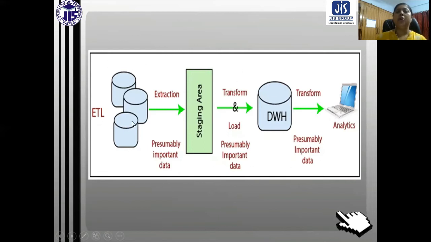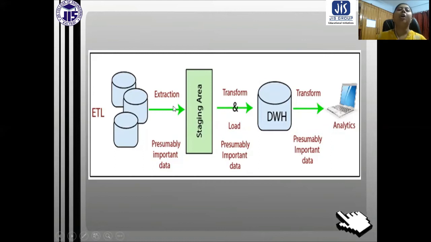Here you can see ETL from these various data sources, from which the extraction procedure is performed. Obviously, we are going to extract the important data, the data which is important for that particular data warehouse. Only that information is going to be extracted, and it comes into the staging area, not into the data warehouse.